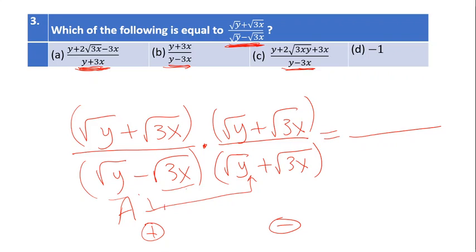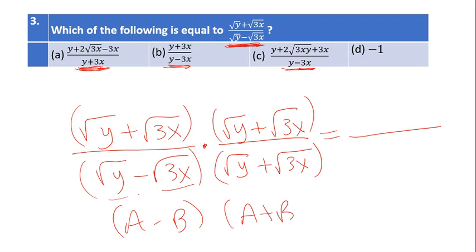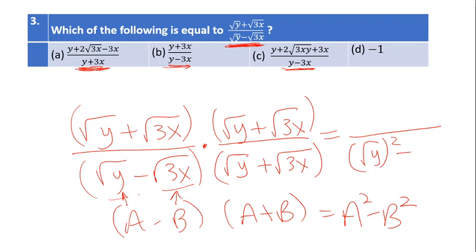This is a special product, like a minus b times a plus b, which you know is a squared minus b squared. Now a is square root of y and b is square root of 3x, so you write square root y squared minus square root 3x squared. And when it comes to the other thing,